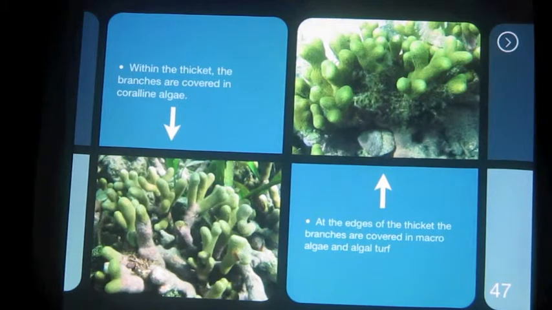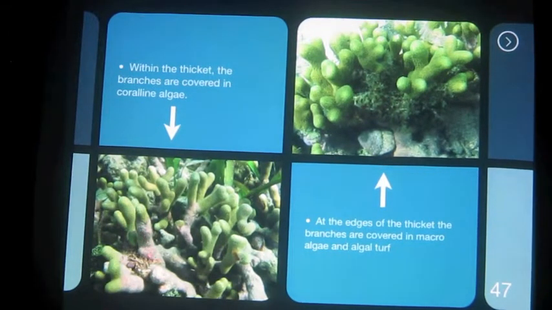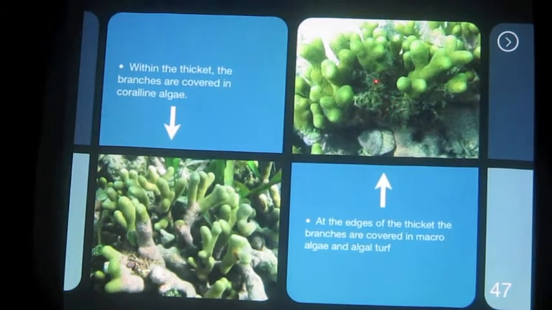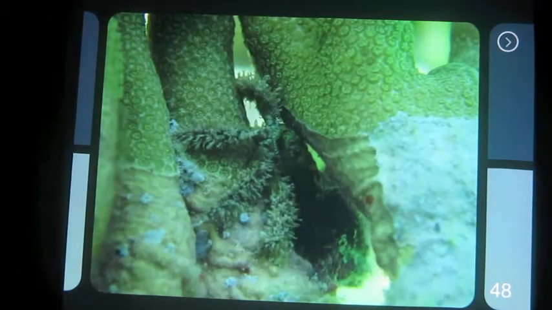And so you swim around, right? And within that thicket, the coral stems, if you will, the coral branches are covered with coralline algae. Outside of the thicket, when you find the same species of coral, it's got fleshy macroalgae growing on the stems. That's an interesting difference. So you look a little closer, and what you see is this guy, Mithraculus sculptus, all